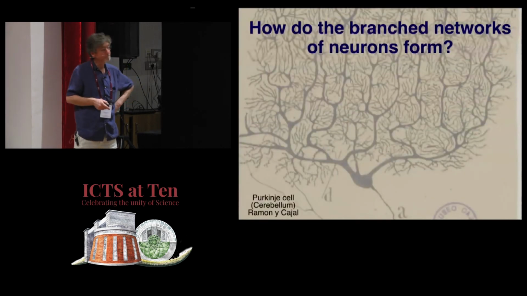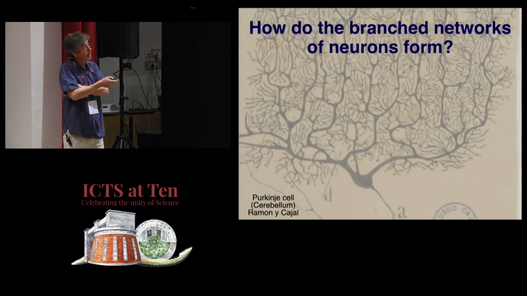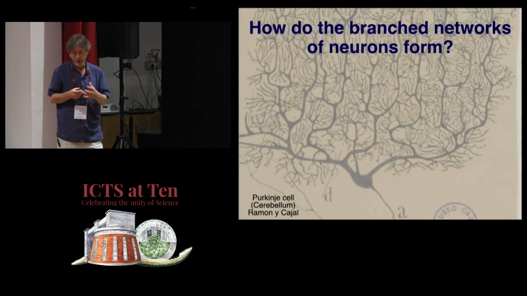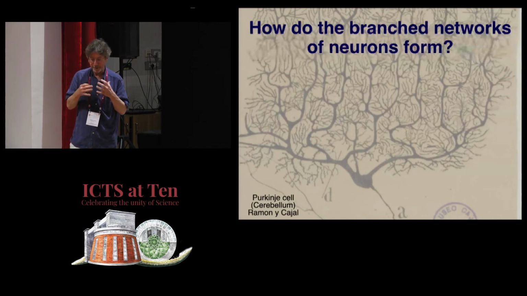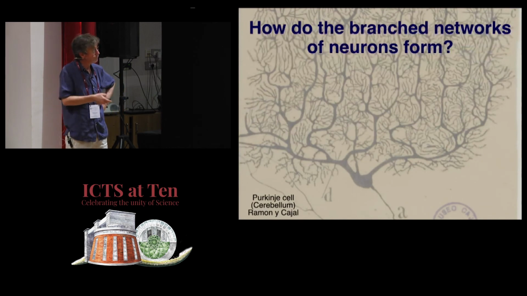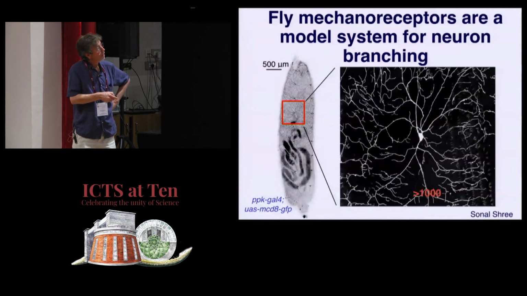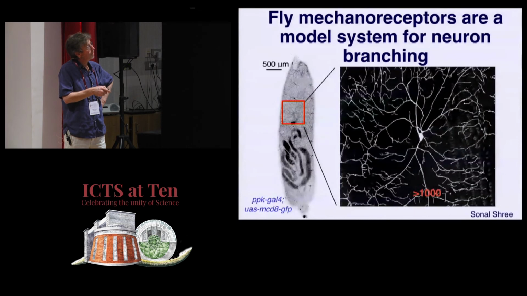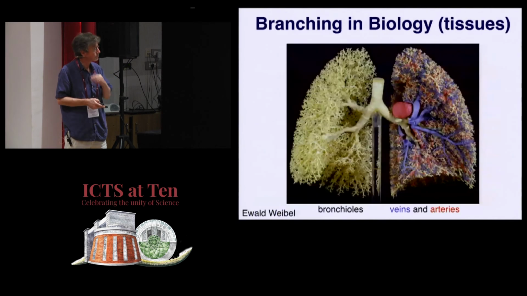Okay, so in the last minute, I want to tell you about our recent work, and we've only got an archive paper on this, on branching networks of neurons. And this is interesting for us as well because the dendritic tree of a neuron is composed of microtubules as the structural elements with motors that are carrying materials in and out of the processes. Now, we're using these mechanoreceptors that tile the surface of a fly as a model system. They're highly branched cells. They've got over 1,000 branches.